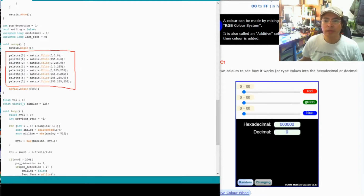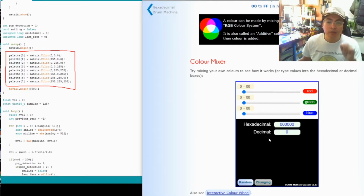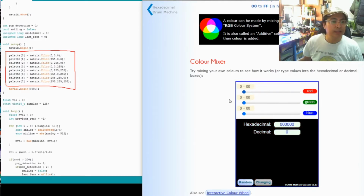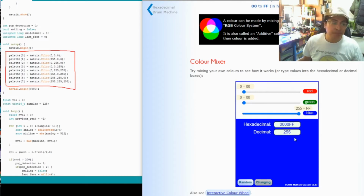So for example, 0, 0, 0 on a colour wheel is essentially LEDs off, black, and then you've got 255, 0, 0, which will give you a red, and then 0, 255, 0 will output green, and the colour that I've gone for, which is palette 3, 0, 0, 255, will output blue. So if, like me, you wish to opt for a blue colour, what you'll need to do is